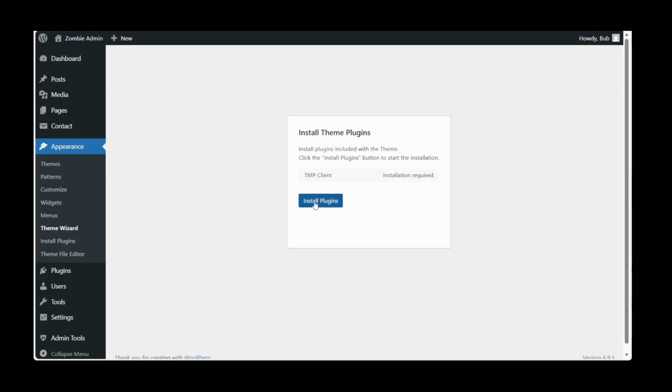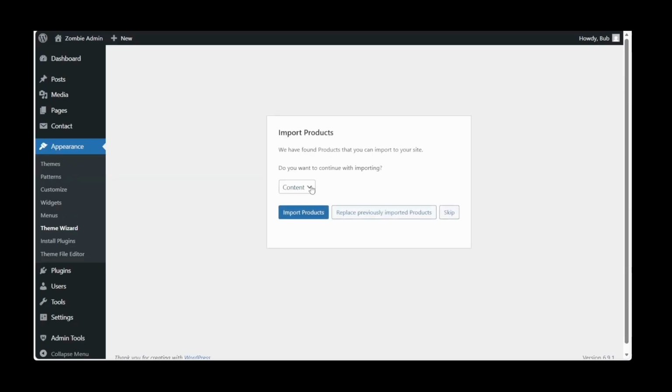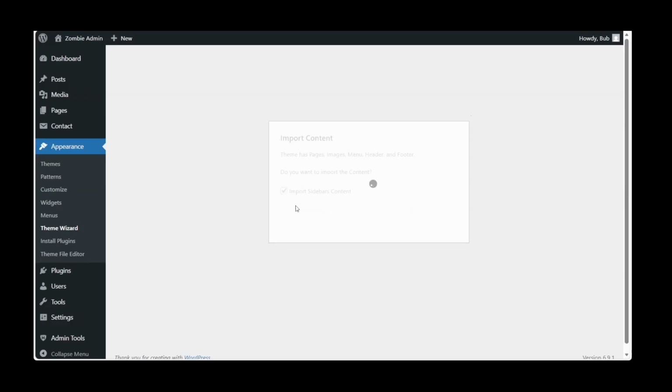We're going to install plugin. We are going to install theme, import products, import content. This can take a little time, so be patient.